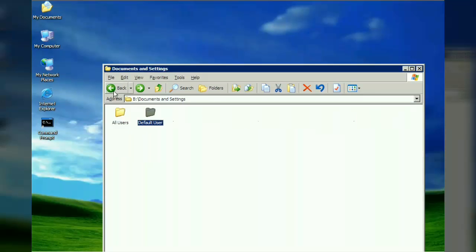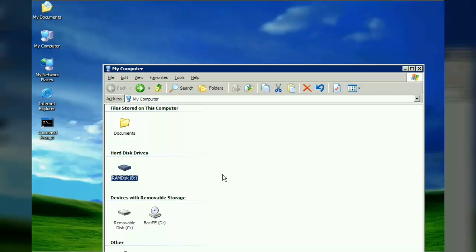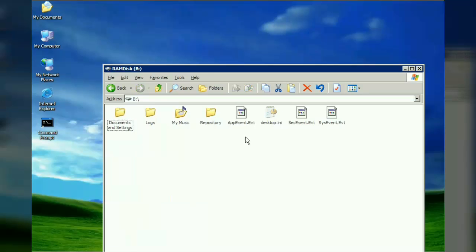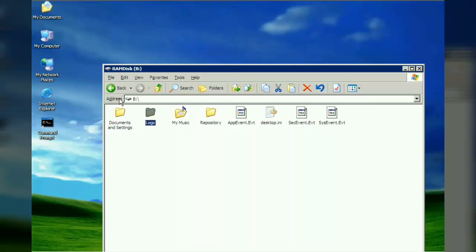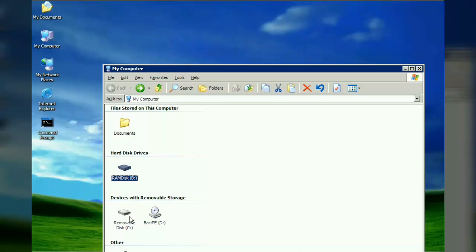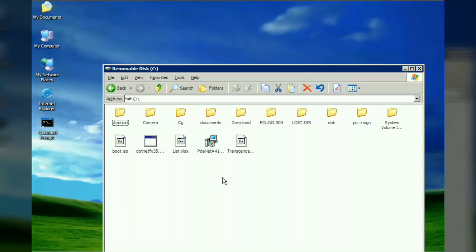If your data is on another drive, then simply go to that drive, which will be shown here, and so on. As I have only one drive, only one drive is shown. Simply open it and copy your data. As I do not have any data now, simply copy here and then go back, and your USB drive will be shown here. This is your CD drive, this is your USB. Here is my USB, a SanDisk USB. You see some of my data is present on my USB. Then simply paste here.